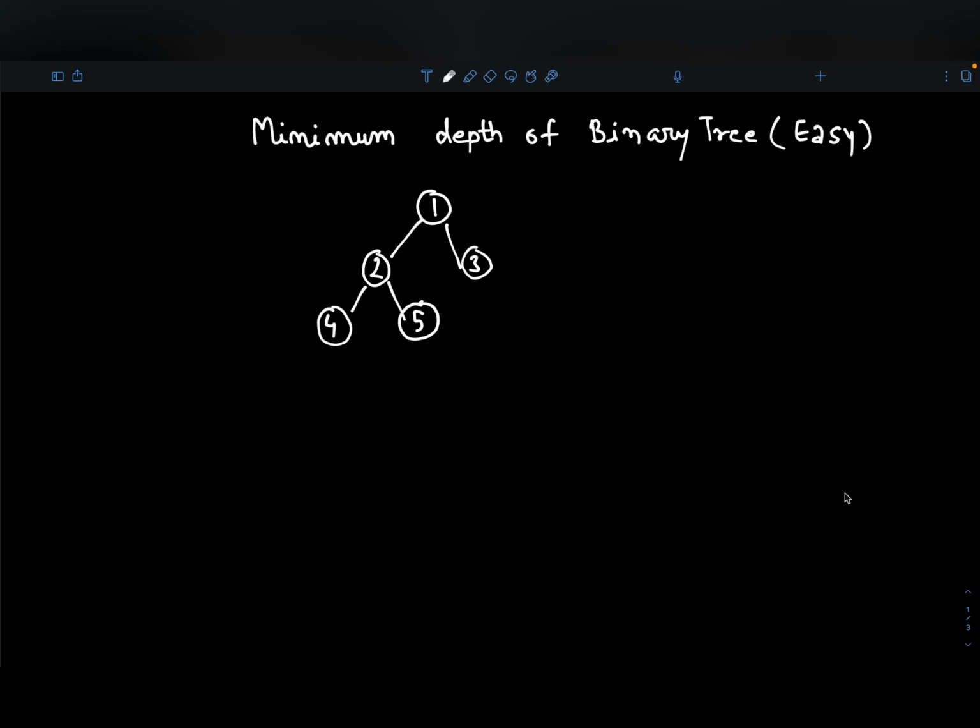So today we are going to solve another question related to binary tree. It's an easy level question, and the name of the question is minimum depth of binary tree. In this question you just have to find out what is the shortest distance between a root node and